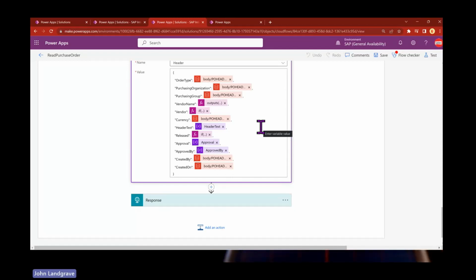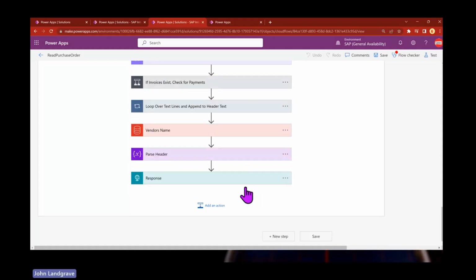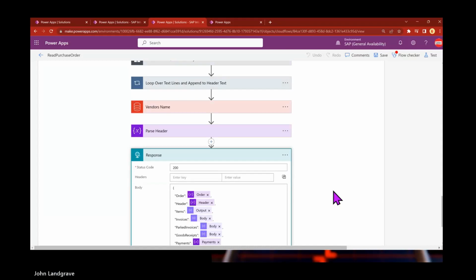So rather than relying on the Power App maker who may or may not know how to do those functions, we're doing all of the work inside of the actual flow to return that as a set of JSON,